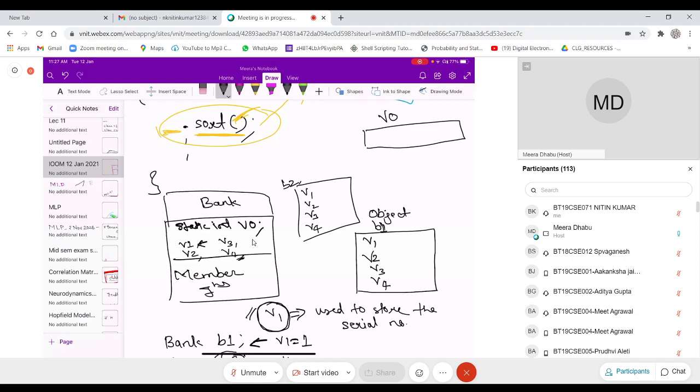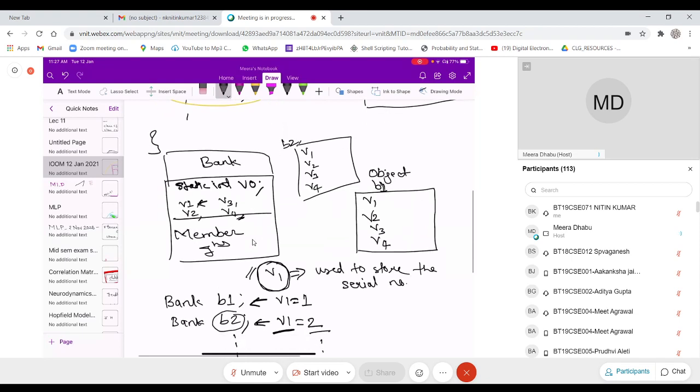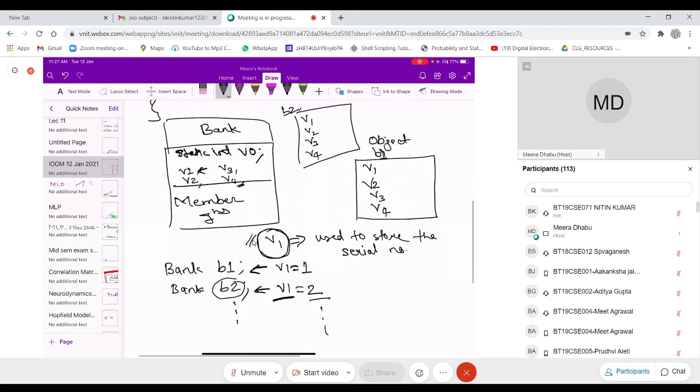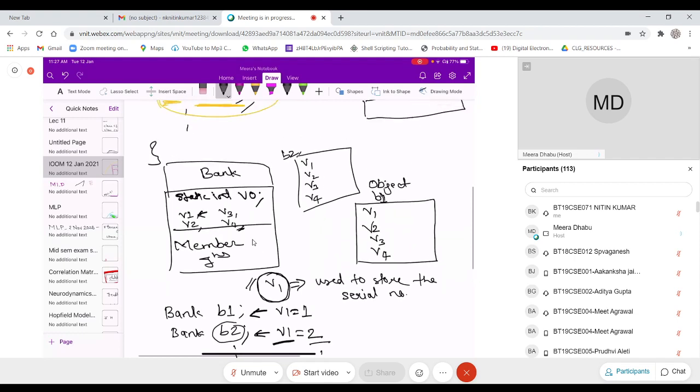Irrespective of the number of objects you create of the type bank, V0 will have only one copy.